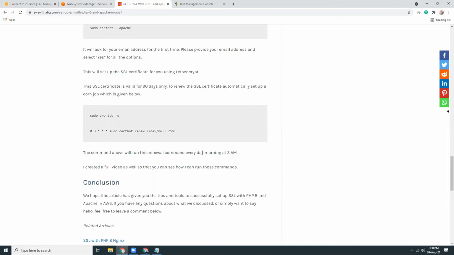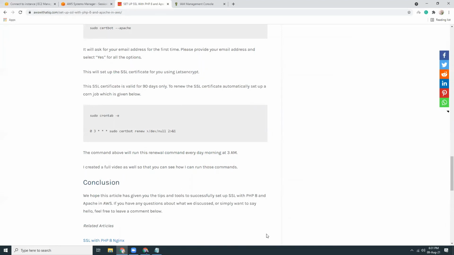And the good thing is, 30 days before expiration, so after 60 days, it will be renewed automatically for the next 90 days. So you don't need to worry about manually renewing. The whole system is now automated, and it will just renew automatically when it is due. That means due is 30 days before expiration.